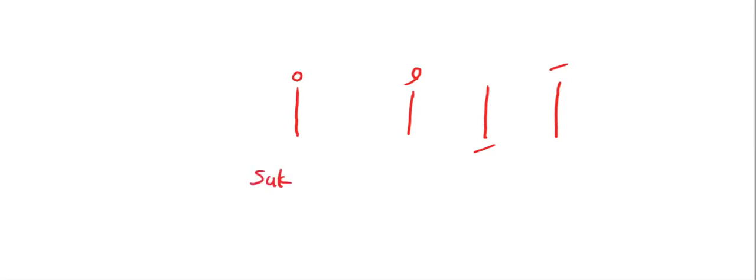We write it here, sukoon. So here we have fatha, kasra, dhamma, then we have the sukoon. This is called the silent letter because it has no sound, and we can only hear it when one of these three